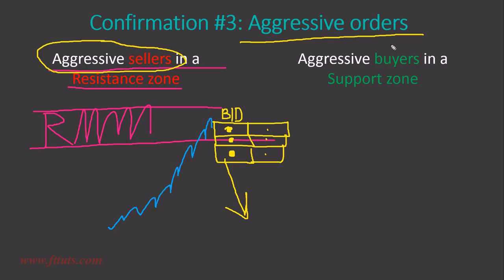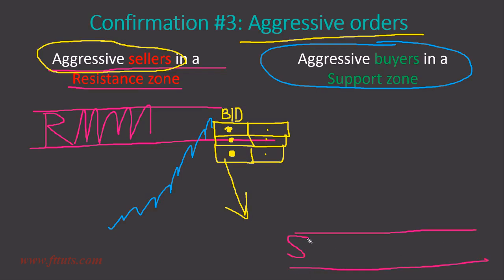Let's now cover the second scenario, aggressive buyers in a support zone. So imagine a support zone, and imagine you found this support zone, for example, using volume profile or another trading strategy, and in that support zone you want a confirmation for a long trade. So price is going downwards, hits the support zone, and in that support zone you want to see footprints